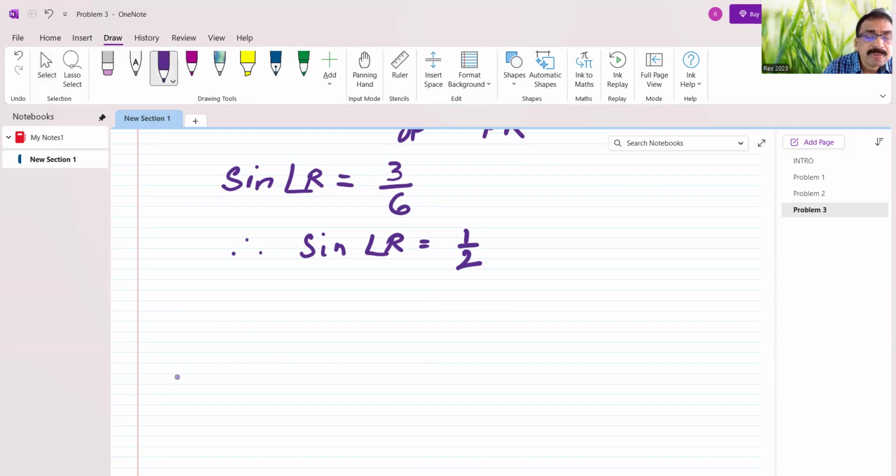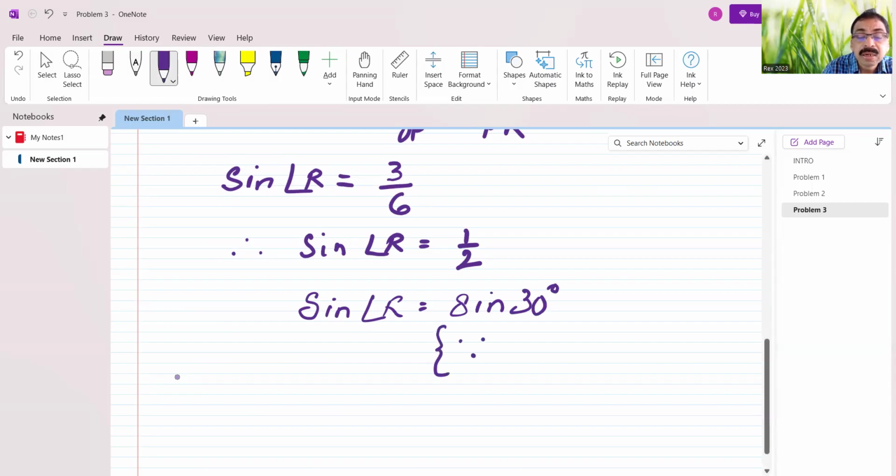So instead of 1 by 2, I'm going to write sine of 30 degrees, because we know sine 30 is 1 by 2. As mentioned before, whenever you do these kinds of substitutions, please write why it is so. Since sine 30 is equal to 1 by 2,